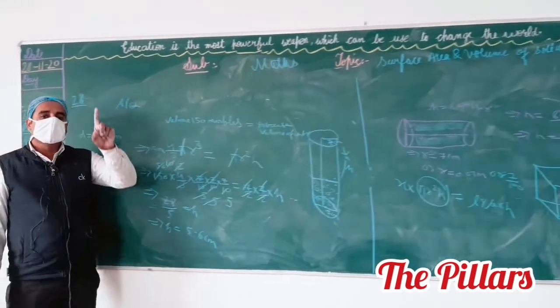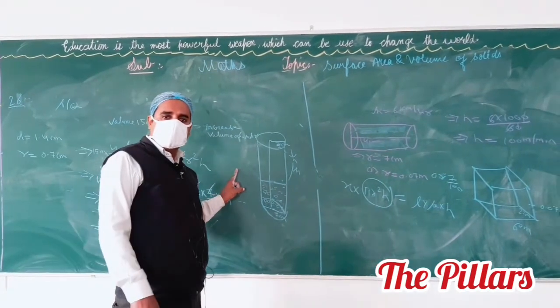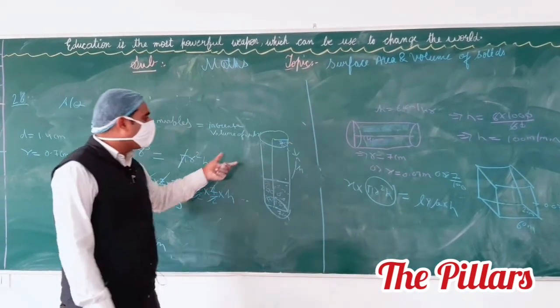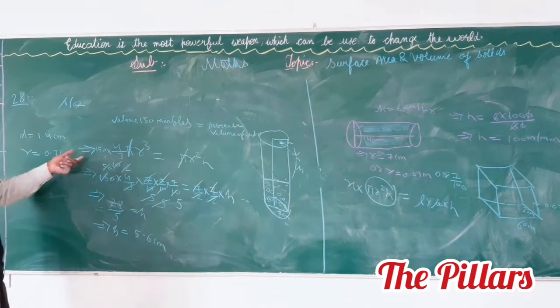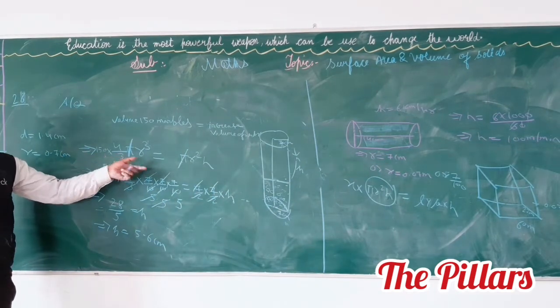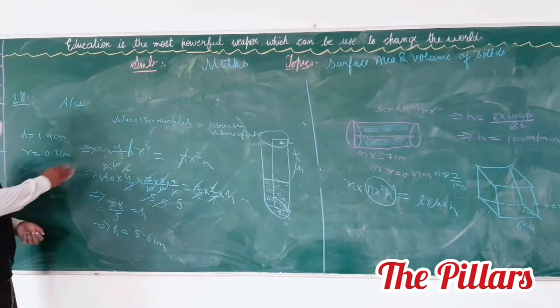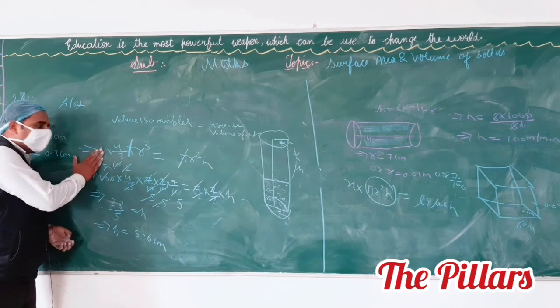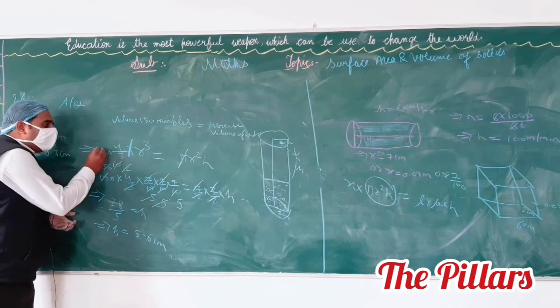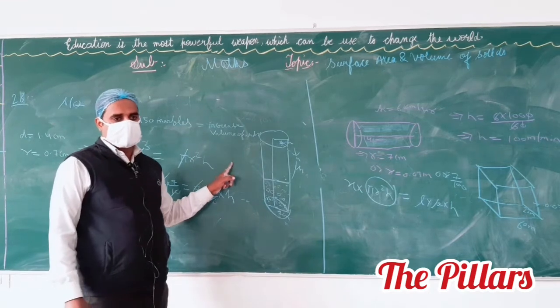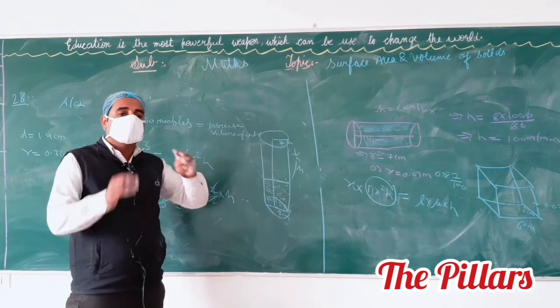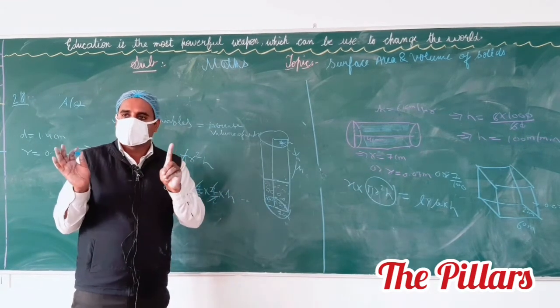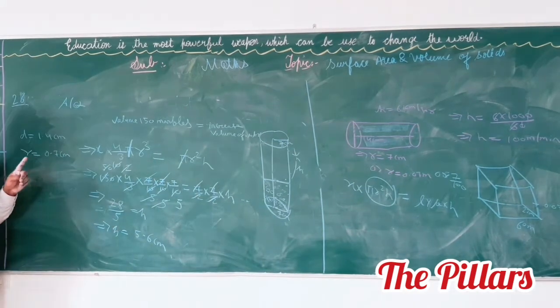You see that the radius of the cylindrical vessel is given and the height increase is given, so πr²h equals x into 4/3 πr³. Here you only have to mention x. The only difference between that question and this one is that here you mention x and the value of h is given as 5.6. The concepts are the same. Did you get the idea of this question or not?